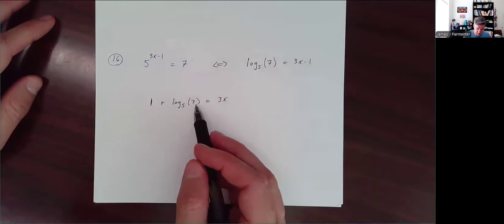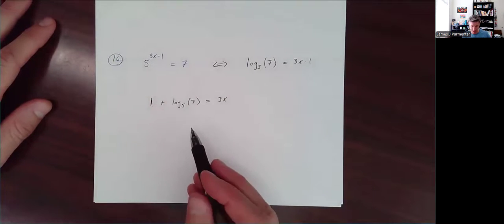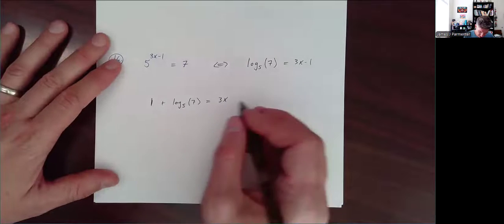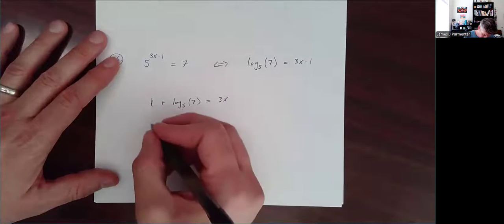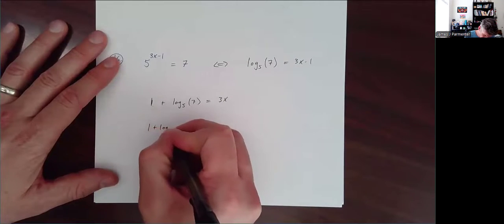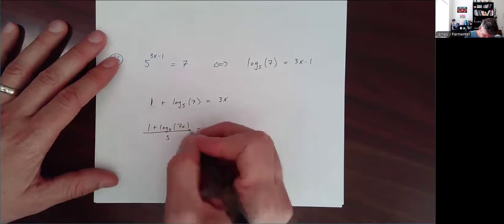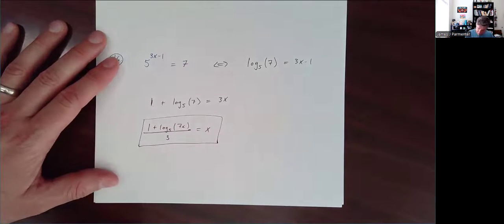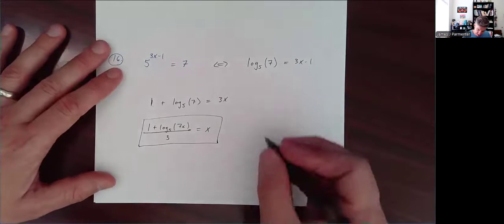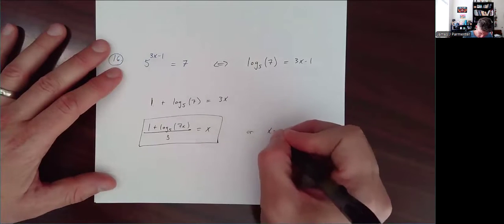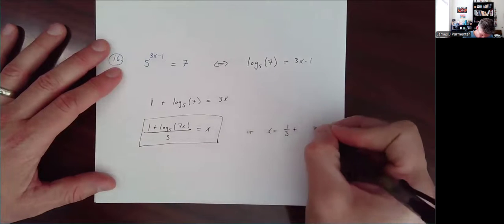The 7 is, you have to take the logarithm of it first before you add the 1 to it. So then if we divide both sides by 3, we're going to get 1 plus log base 5 of 7, all divided by 3 equal to x. Or if you prefer, you could divide each thing individually by 3 and say x is equal to 1/3 plus